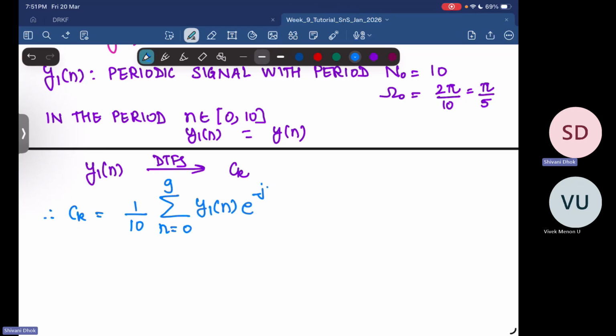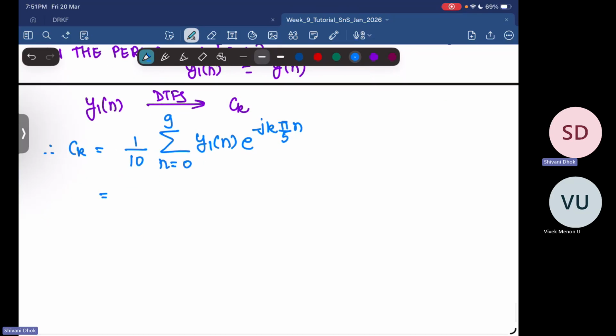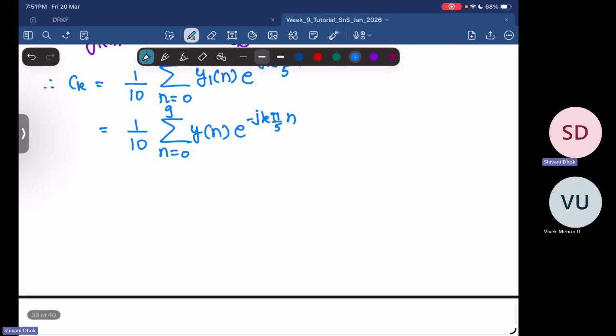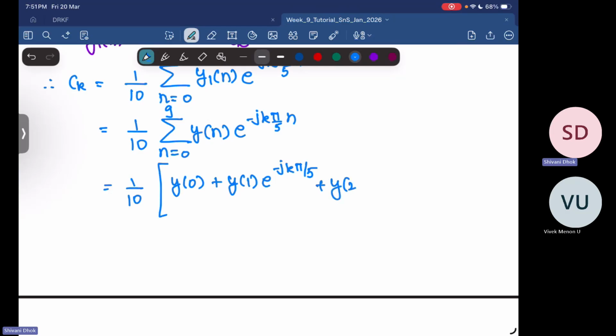into e power minus j k omega naught, which is pi by 5, n. So this becomes 1 by 10, and in this particular period from 0 to 9, y1 of n is basically y of n e power minus j k pi by 5 n. Now again I can separate these things, so I'll get y of 0 plus y of 1 into e power minus j k pi by 5 plus y of 2 into e power minus j k 2 pi by 5